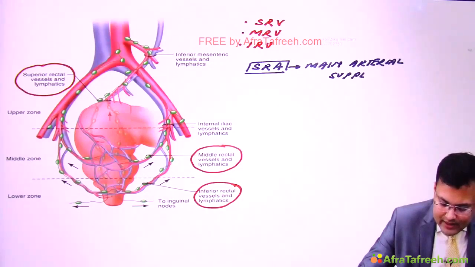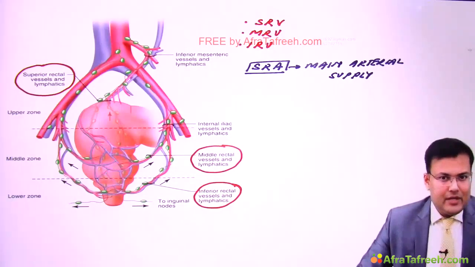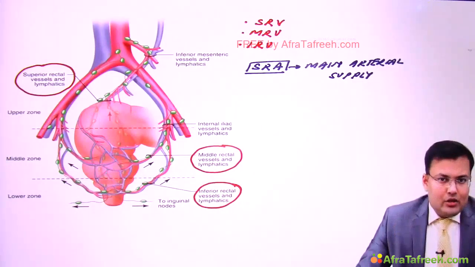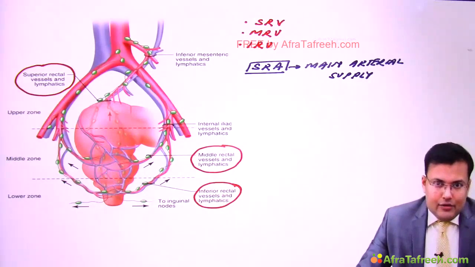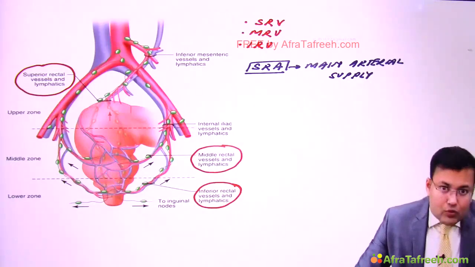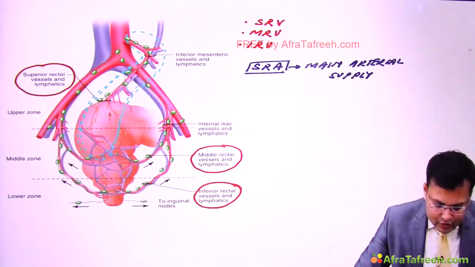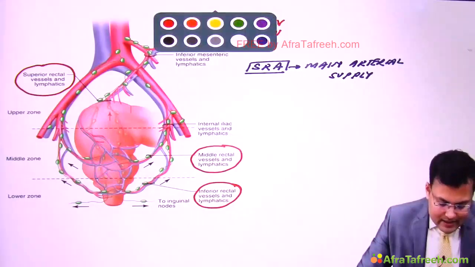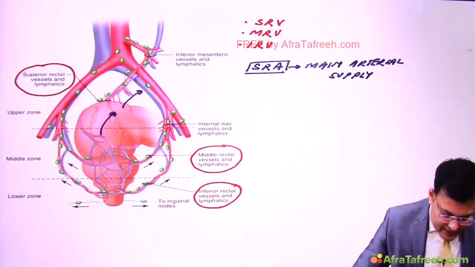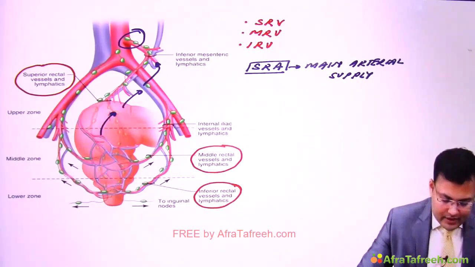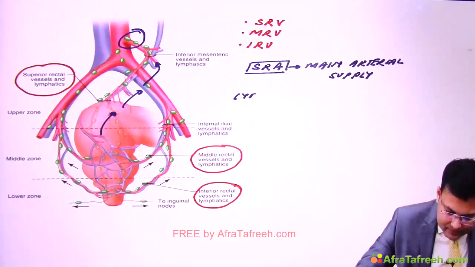One important point. And second, you can see from this image that the lymphatic drainage is going to follow the arterial supply. So the lymphatic drainage is going to follow the vascular supply. If you notice here, most of the lymphatic drainage is going to follow what? The superior rectal vessels. Clear? So it's mainly along the superior rectal vessels, and ultimately it is going to the para-aortic nodes. So see the lymphatic drainage.